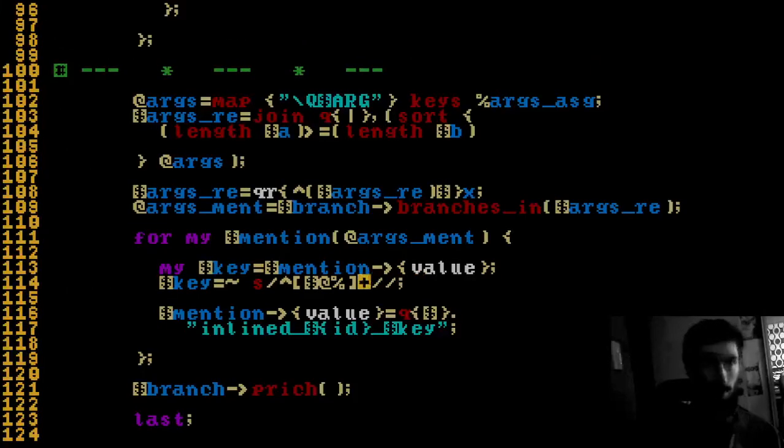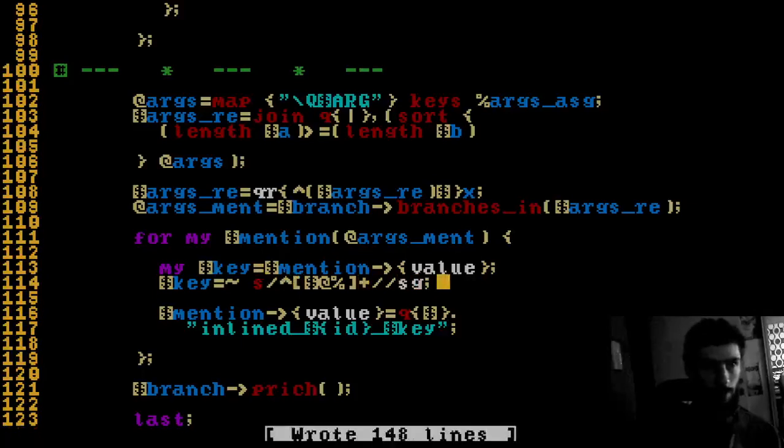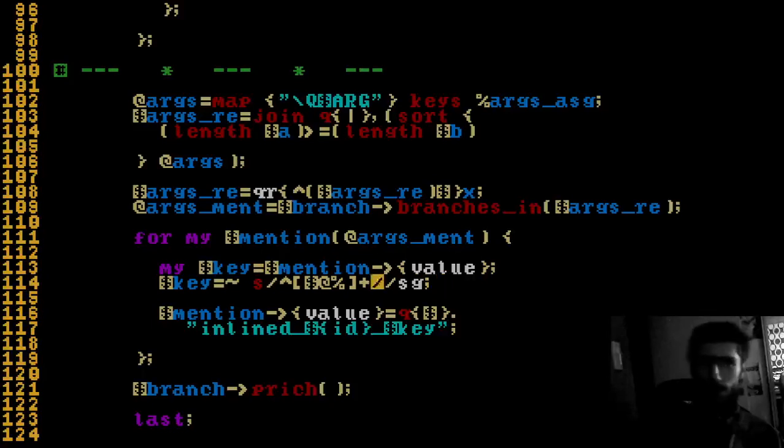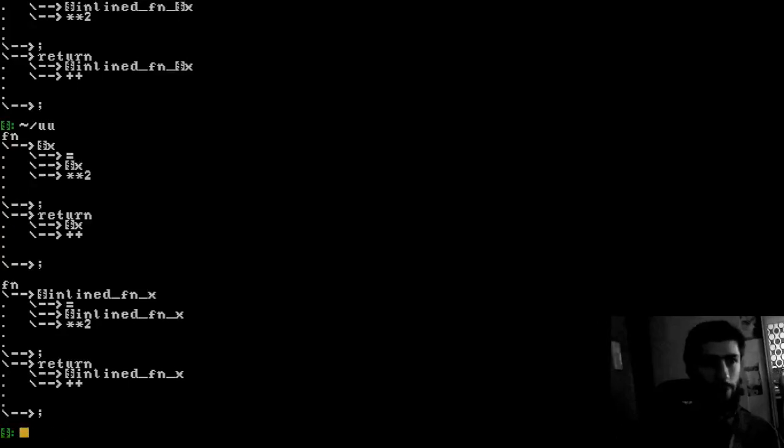And not quite. Maybe. Are you screwing with me right now? Do I actually have to escape this? I don't think I do. I do. This is the crazy thing about regexes, right? You never know when you have to change things like this, so that's kind of annoying. But anyhow,